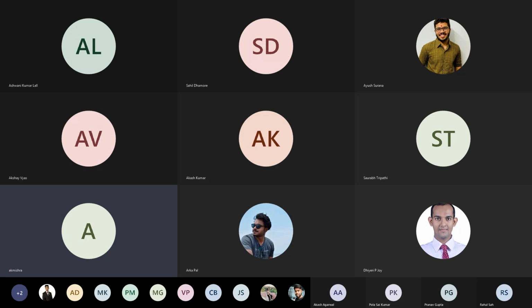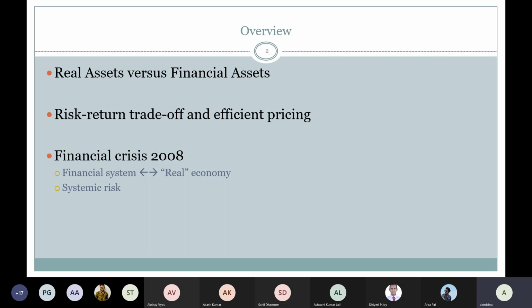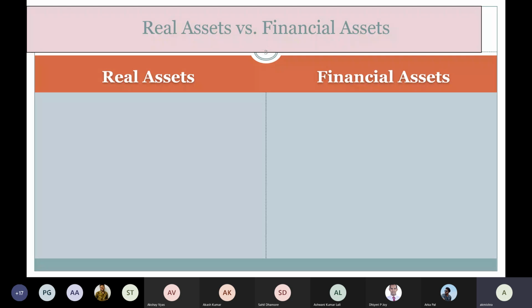propagated from asset, physical asset to your financial asset, and then subsequently to the entire economy, and then spillover of course happened across the asset classes and across the countries. So that's why whenever we talk about portfolio, whenever we talk about types of asset, we should know what the differences are between these types of asset classes.